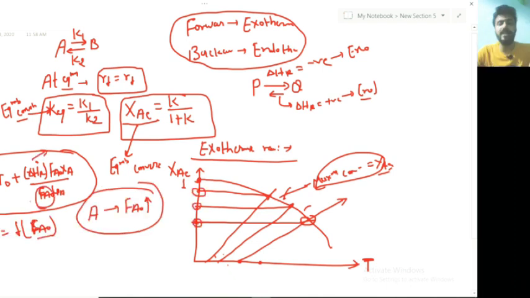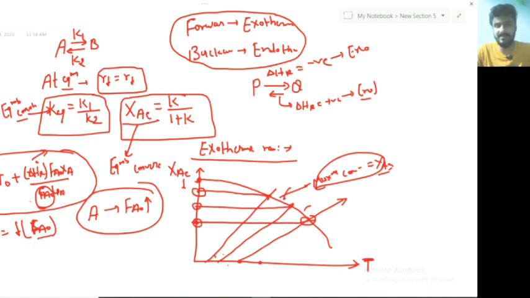So, in the practical application, in case of exothermic CSTR, if you want to increase the equilibrium conversion, then you must decrease the outlet temperature. And how can you decrease the outlet temperature? The outlet temperature is a function of the inlet molar flow rate of the reactant. If you increase the inlet molar flow rate of the reactant, then your outlet temperature will get decreased, and then your equilibrium conversion, that is the maximum achievable conversion for a particular exothermic reversible reaction in CSTR, will get increased.